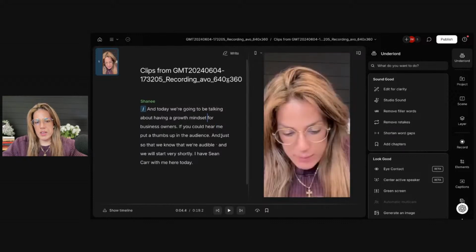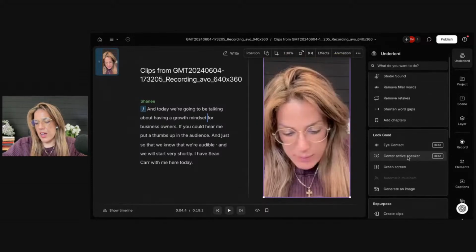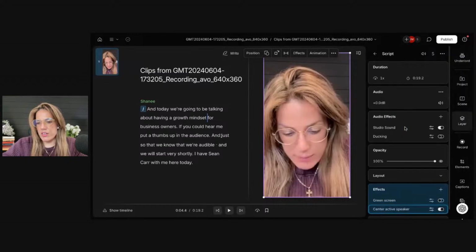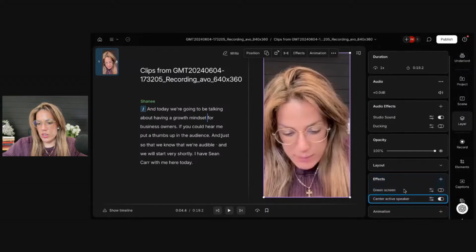Okay. So sometimes, especially if it's a horizontal video that you're turning into a vertical short, I move a lot, so my face will be halfway this way, halfway that way. And I think that it's cool that they have center active speaker now, but obviously it would be even cooler if